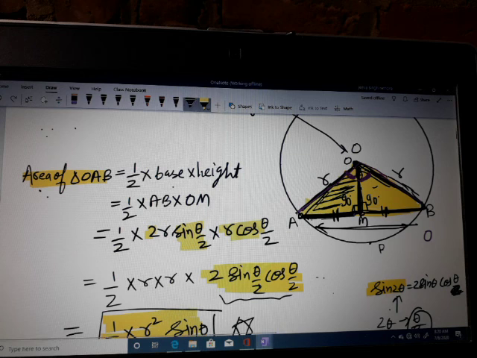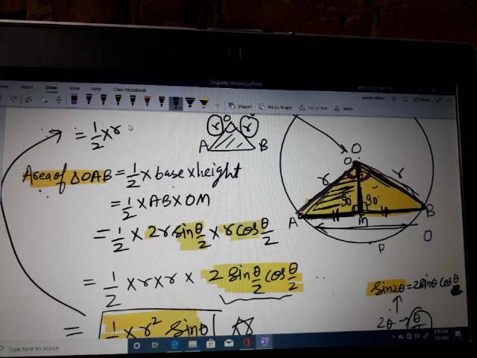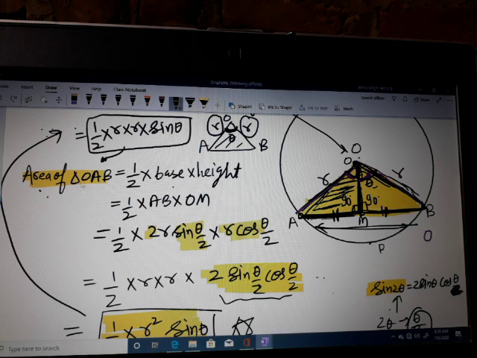Already you know these triangles. To find the area of this triangle, this is OAB, what is the simple way? This is the radius of the circle, and this is the radius of the circle. The area of this triangle will be equal to this formula directly: 1 by 2, you have to multiply both these sides, r into r, into the sine of the angle between these two sides. That angle was theta, so you multiply by sin theta. You will get directly this formula to get the area of this triangle OAB.